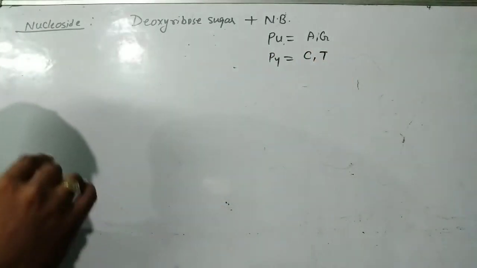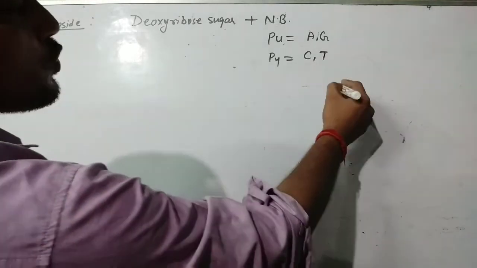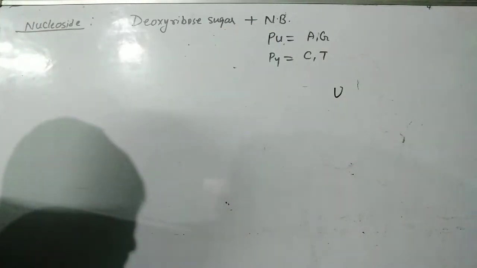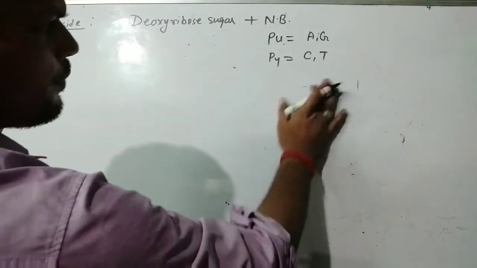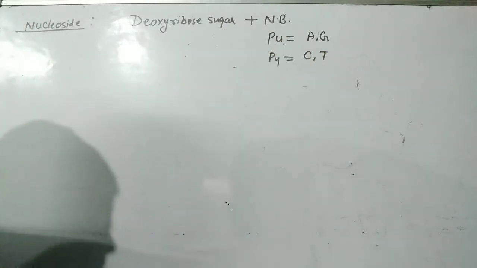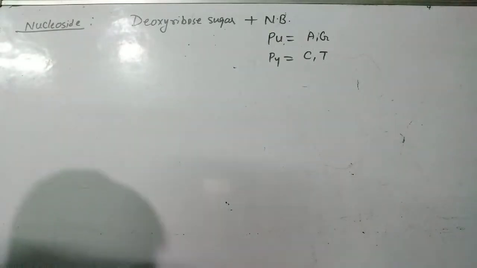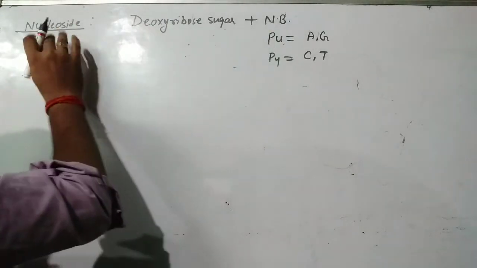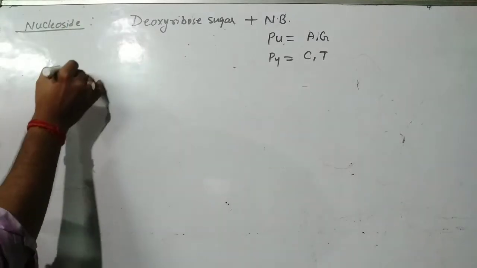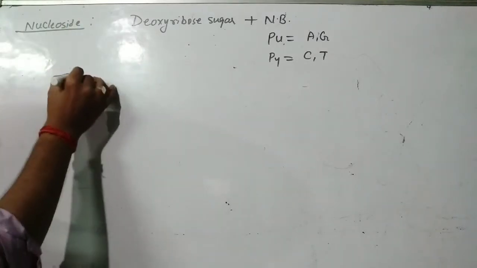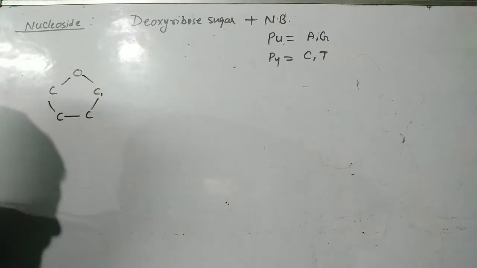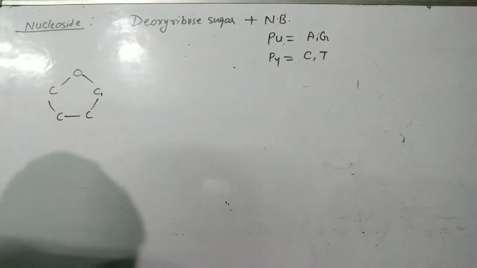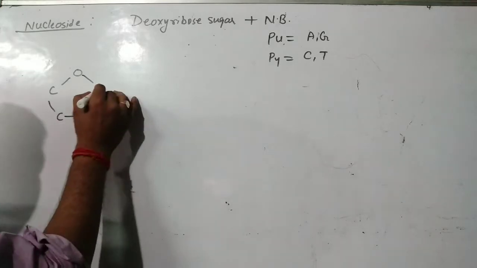If we go for the structure of RNA, then what can you use? Uracil can also be used, for RNA only. The thymine will be replaced by uracil in RNA. Now we are studying the structure of DNA, so we are using thymine. Now, to form nucleoside, what can we do? This is the first carbon atom. The nitrogenous base is always going to add at the first carbon atom.